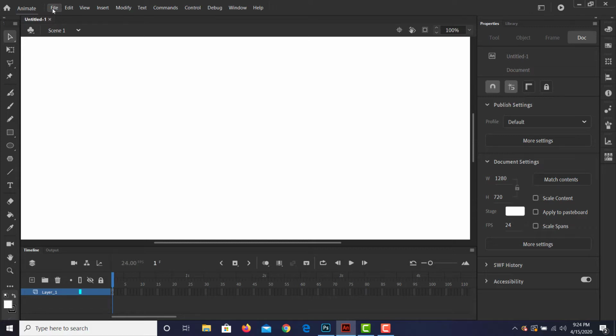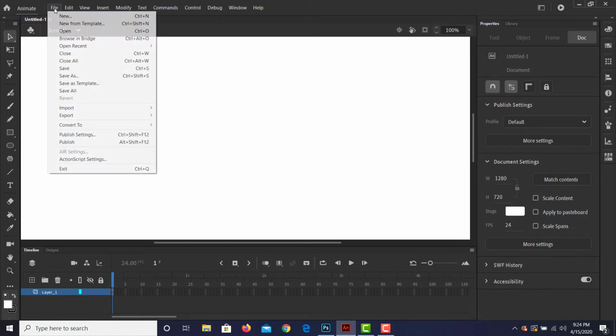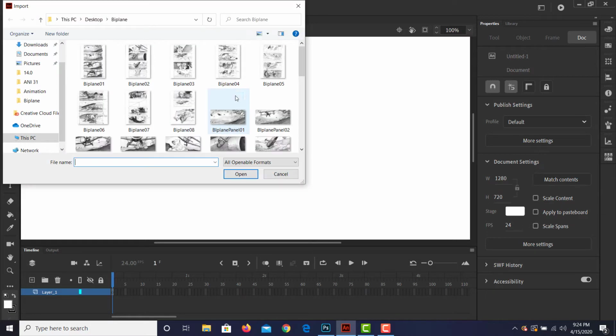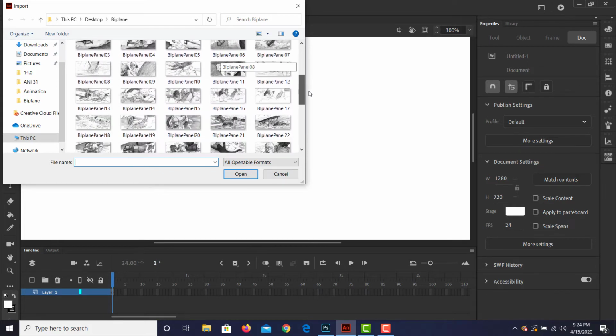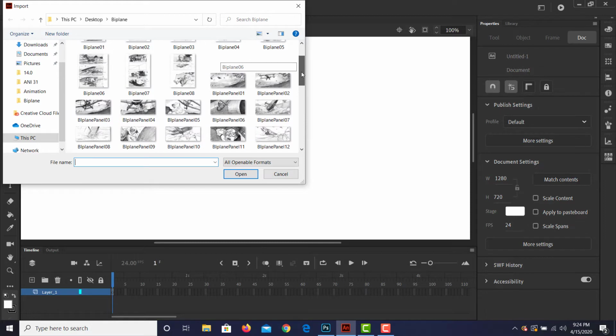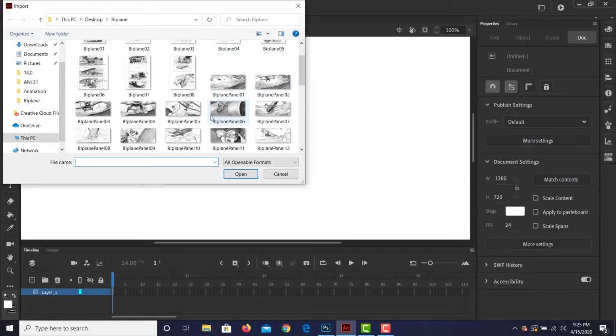So of course you're going to scan your panels, or you're going to have to separate them out in Photoshop, which is exactly what I did. And so now I'm just going to go into import, and I'm going to go import to stage, and I'm going to go find them. And you'll notice that I have all my drawings in my folder here, and everything is ordered 01, 02, 03, 04, 05, 06, 07, 08, 09, 10, 11, 12. And the reason why I do that is all I have to do is click on that first panel,